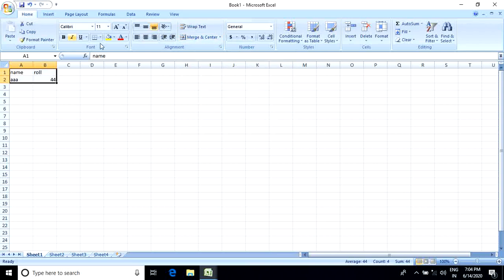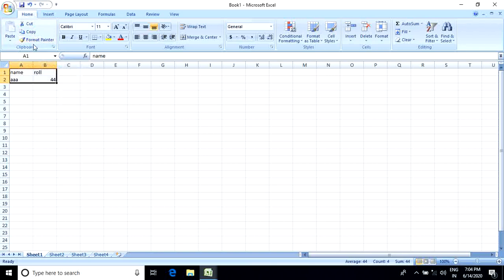Later on we will discuss all these groups. Then in the number group we can find the general number format, and we can select any other number format from here. In the styles group we can find conditional formatting. Then cells: insert, delete, format. And the editing group, where we can find fill, clear, sort and filter, find and select. That's all under the home tab.